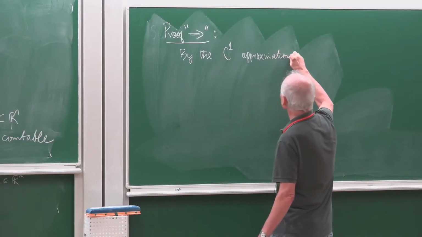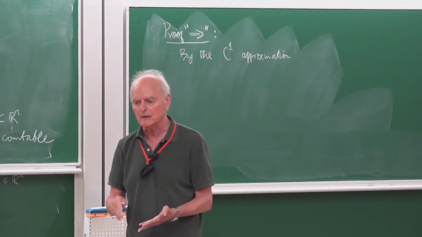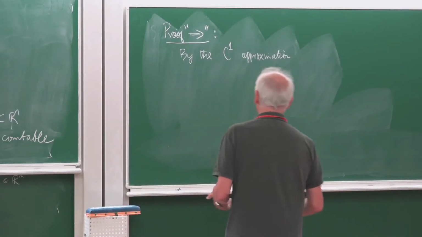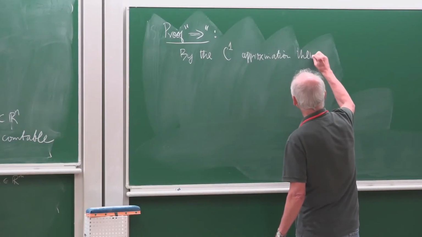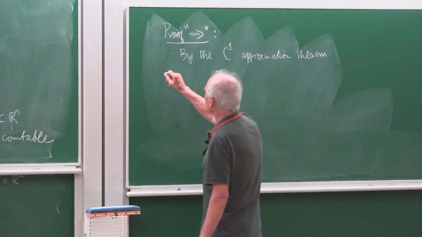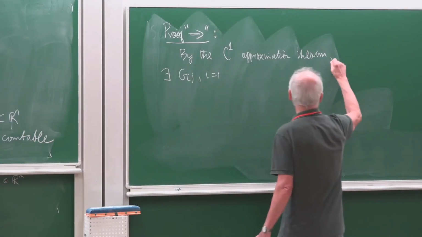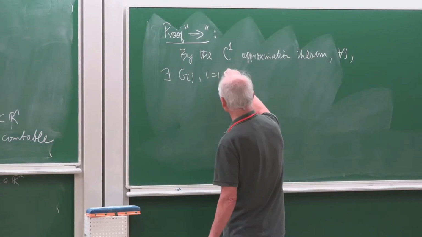Remember, that was proved by using Rademacher's theorem together with the Whitney extension theorem. So by the C1 approximation theorem, there exist maps Gij, i equals 1, 2, etc., for every j, with